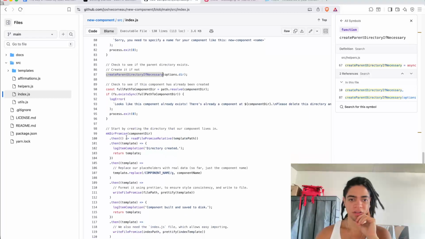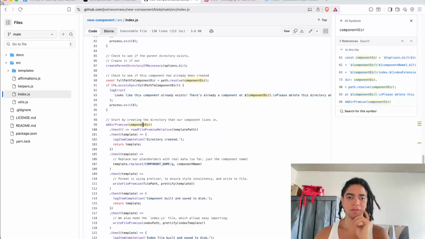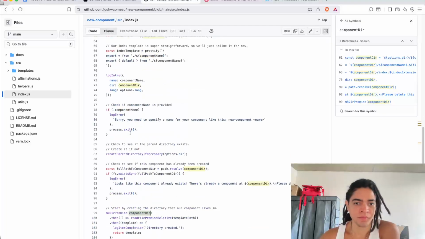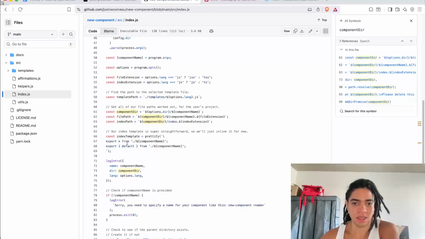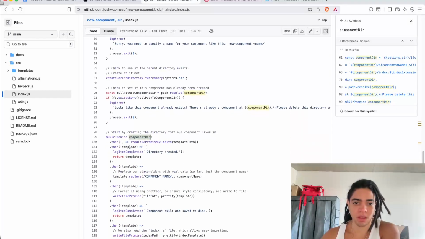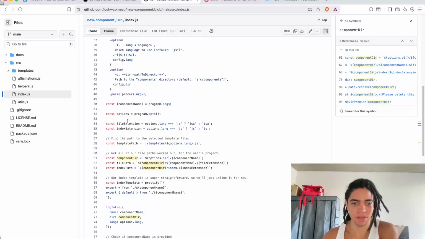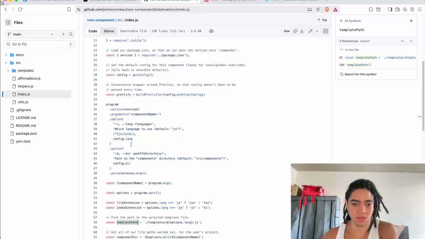Exactly. And then start by creating the directory where our component lives. Make dir promise. So once you already create this with the component there, which is the name, all right. So once you create this as the option, and once that is done, I'm going to read the file and pass now the template path, which is what they define here as the template.option.len, okay, which is inspecting